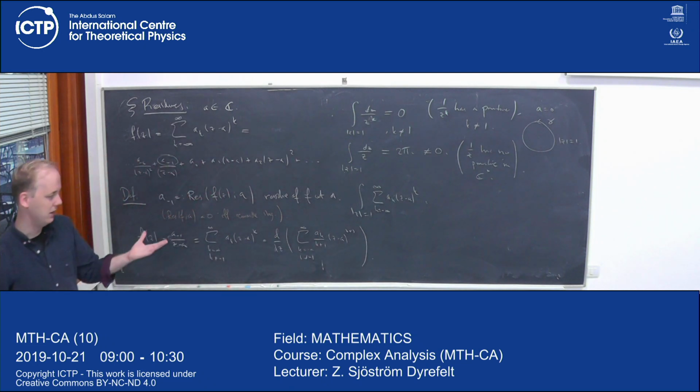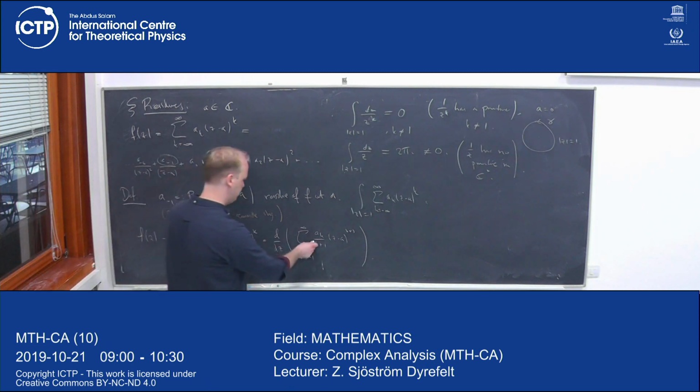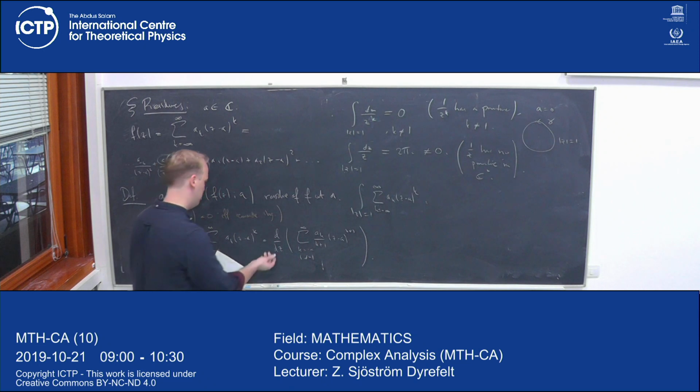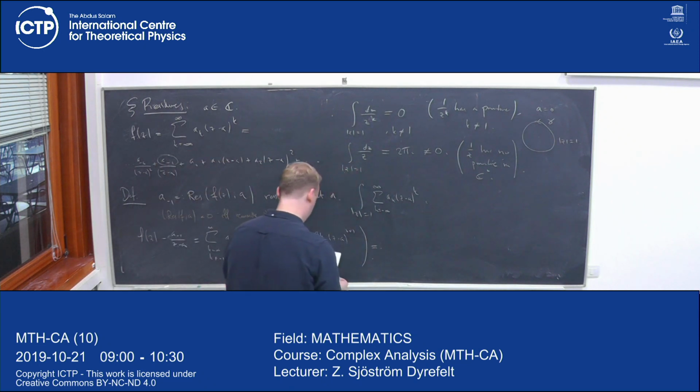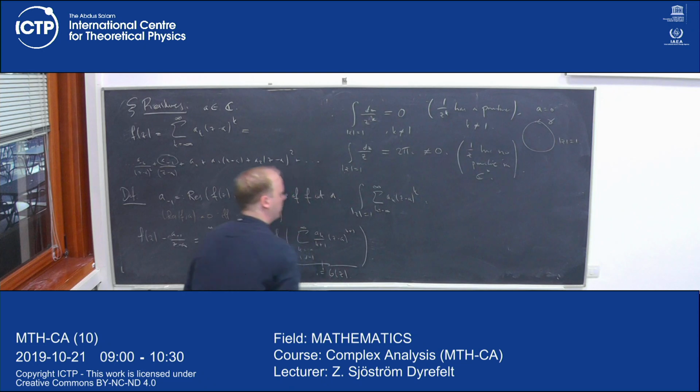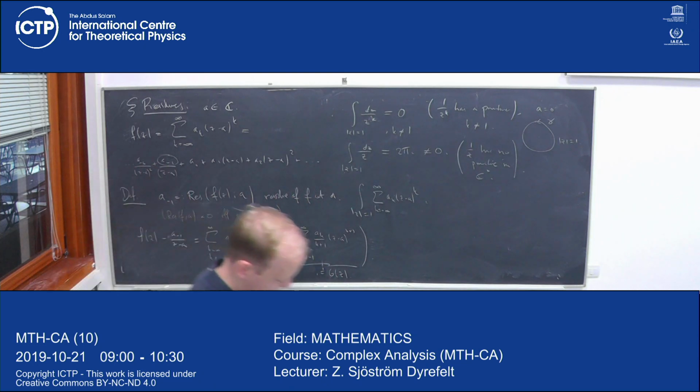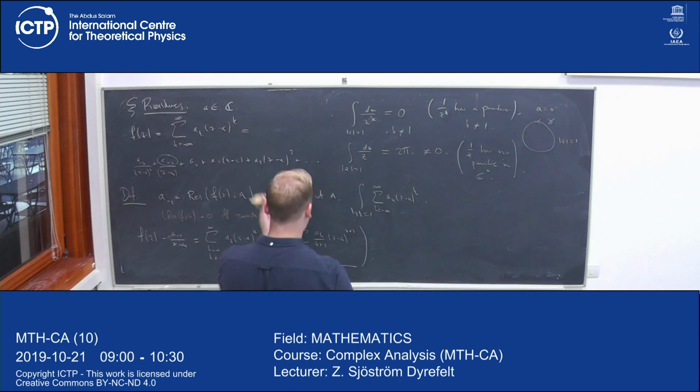The idea is that this is equal to the derivative of this sum. So this means that, let's take this part and define it, call it g of z. Okay? So this means